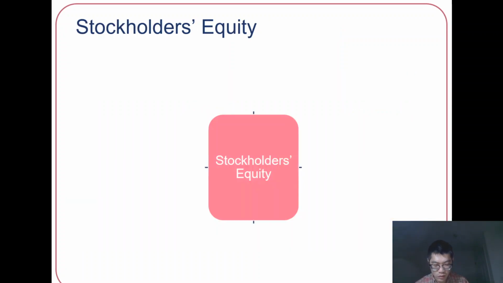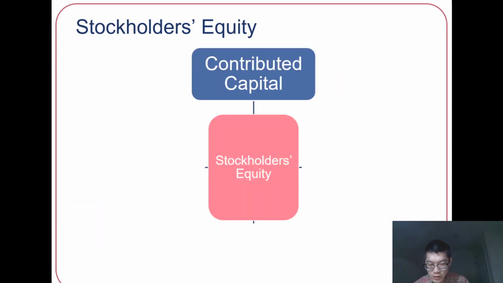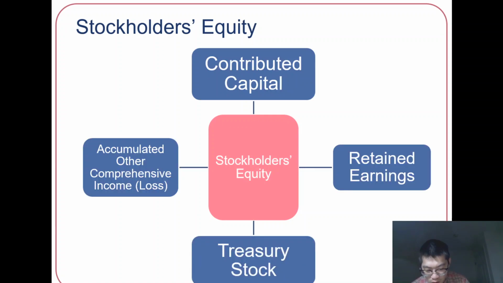So that depends. Okay, so there are 4 parts in the stockholders' equity section. In terms of the balance sheet, there are 4 sections. First is contributed capital, and that is before the company started, and we have to have those